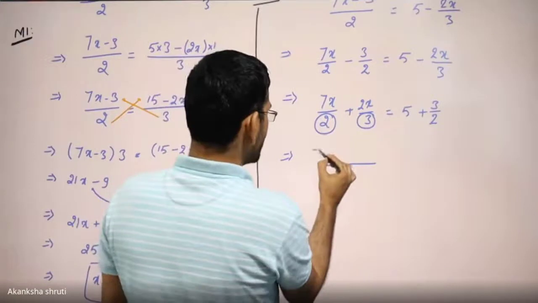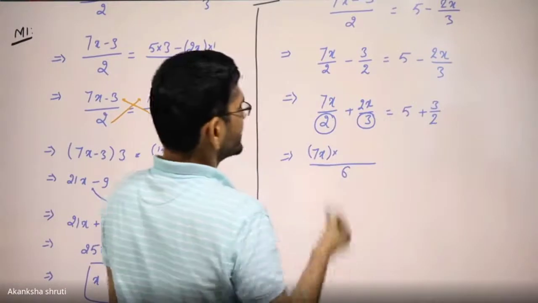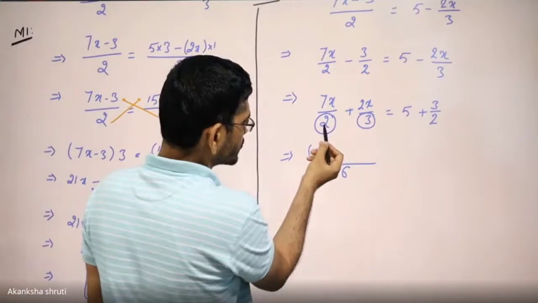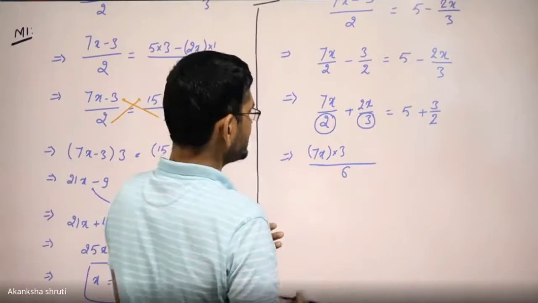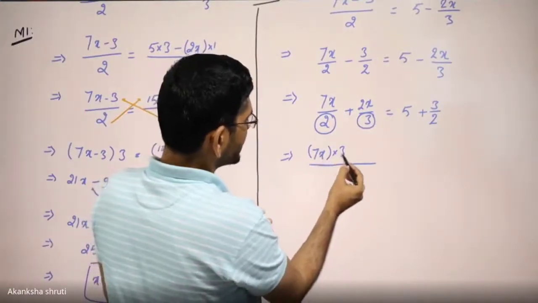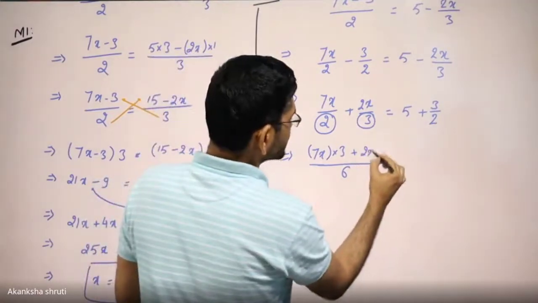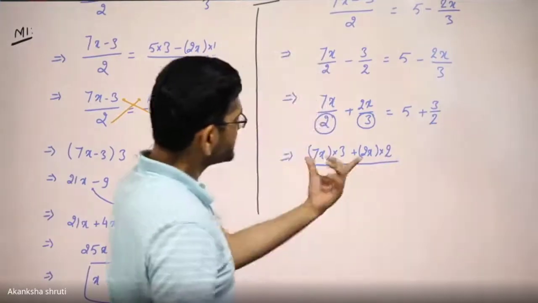Now first term is 7x. This 7x needs to be multiplied by which number? Go for the table of 2 till you are reaching the 6. 2 1s are 2, 2 2s are 4, 2 3s are 6. So 3 times, that is right here. Yes. So it is 7x multiplied by 3 plus the other one is our 2x. This 2x also needs to be multiplied by a number. Which number? Divide this 6 by this 3 or go for the table of these 3 in this 6. So 3 2s are 6. So it is our 2. So this is for the left hand side.